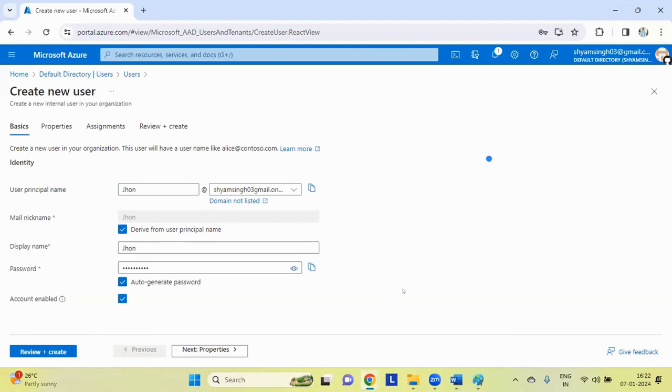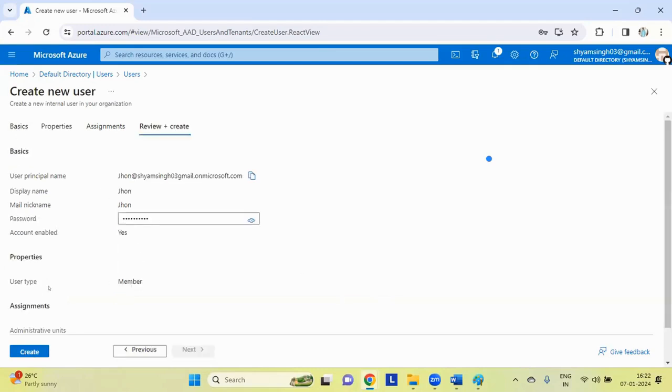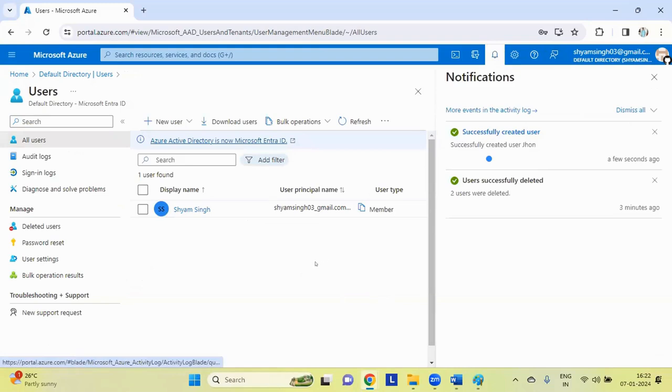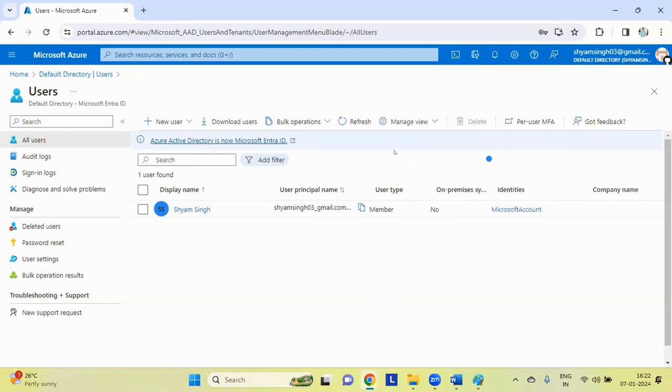Okay, and the rest, you can just review and create. After clicking on review, you can create it. After clicking on create, you can see this notification bar, correct? So it is going to add. Okay, but till now you can see that no member has been added in the dashboard, right? So let me refresh this, then you can see that John is added. Okay.